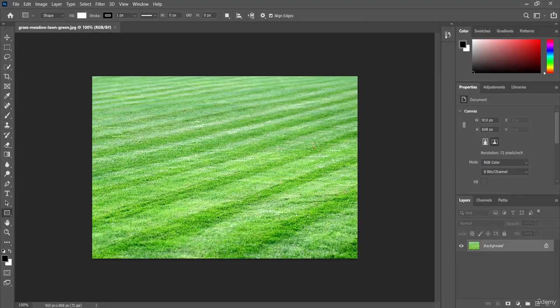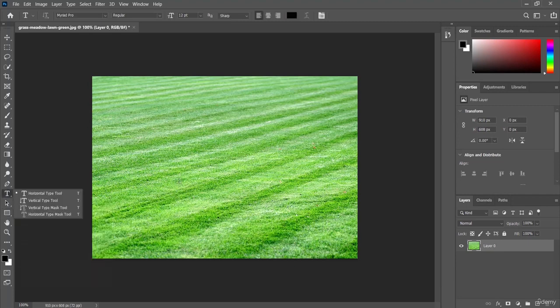Okay, so you can see here we got a green lawn, and we have to apply a distort text shadow. So therefore we have to unlock the background layer first. You can see here this is the background layer. Let me unlock it. Okay, so we unlocked the background layer, and now we have to use the type tool. So this is our type tool, and we have to write something here. So as an example, let me write